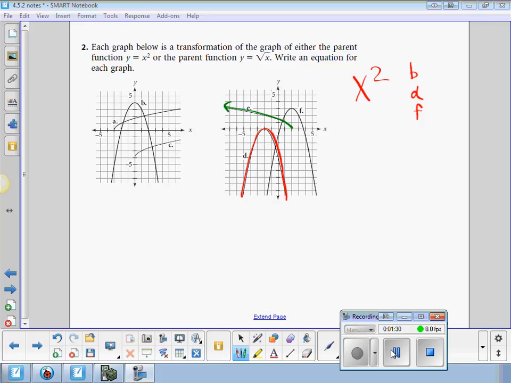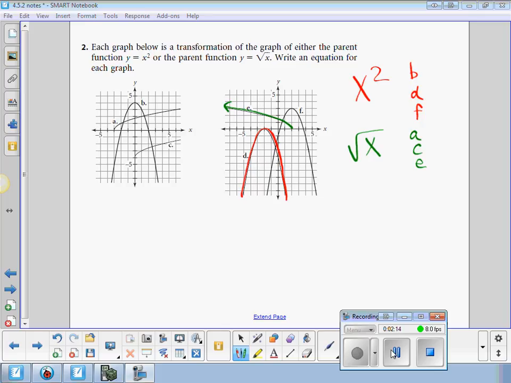Now, which graphs are square root functions? A, C, and E. That was correct. If you lived in your neighborhood long enough and you knew which dogs lived in which house and which cats belonged to which neighbors, would you be able to tell whether they were straying, like in the wrong yard? I mean, you would tell, right? Hey, that's my neighbor's dog, and it's up on West Liberty Avenue. That's not good, right? So my question is, can you tell that A, I know it's a square root function,